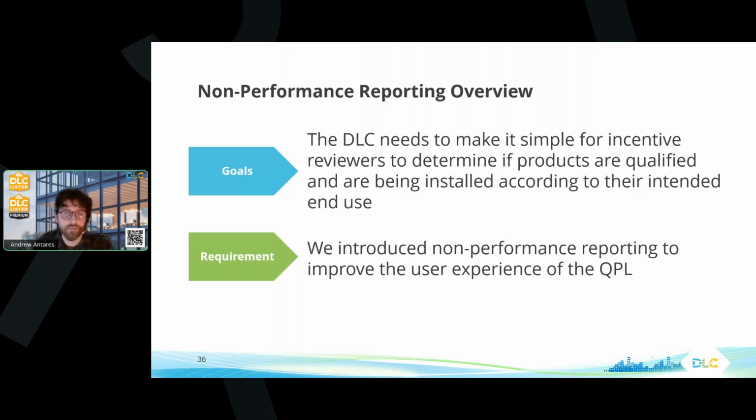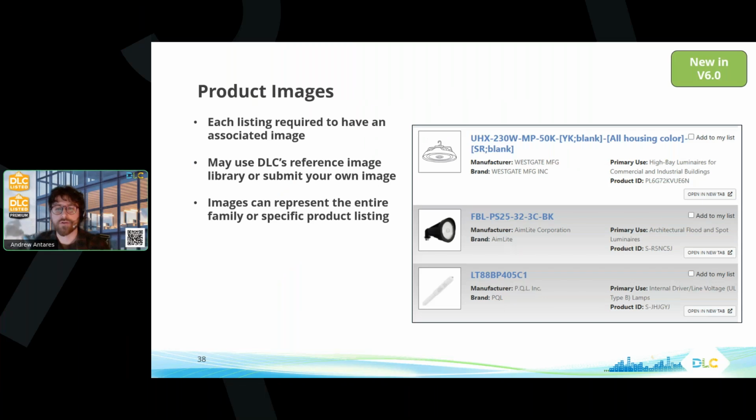Of course, burden has to be balanced against benefit, and through many conversations with manufacturers, we've honed these non-performance reporting requirements to achieve the intended improvement for QPL users without placing undue burden on manufacturers. So we have introduced product images as an option under 5.1, and the addition was incredibly popular with QPL users. But when we proposed requiring images in version 6, we heard that manufacturers would have trouble coordinating creating the images on our timeline. The final version of the technical requirements still requires that each listing have an image associated with